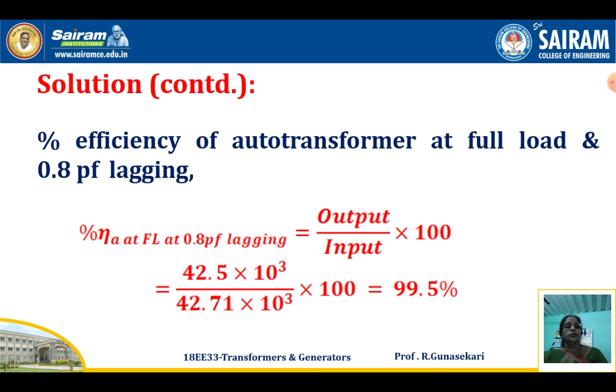So this shows the advantage of the auto transformer. When a two winding transformer is operated as an auto transformer, the efficiency of the auto transformer is more than that of the two winding transformer for the same data. In each and every problem, first read the problem clearly, write the given data, write the required data, then draw the diagram. For auto transformer problems you must draw the diagram, then only can you get the answer without mistakes for your required data.